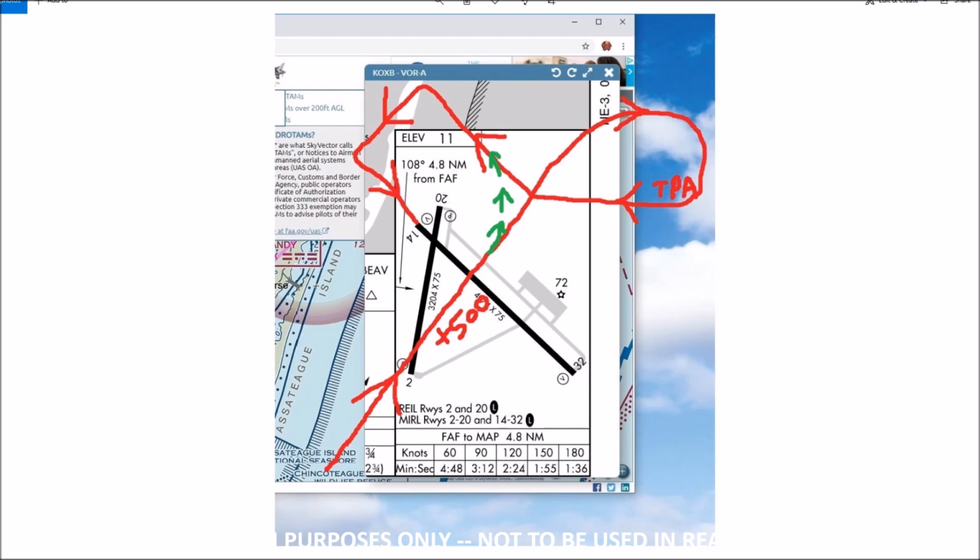One last thing before we go, to cover the bases, let's just say we were going to decide to change the plan up and land at Salisbury or land at some other towered field, or maybe even you're using this tutorial to help you plan your own flight where you're landing at a towered field. And let's assume, for the sake of the discussion, that there is VATSIM staffing at that position, or covering that position via top-down. So there's an approach controller that overlies that airspace, or there's a center controller that overlies that airspace that's handling